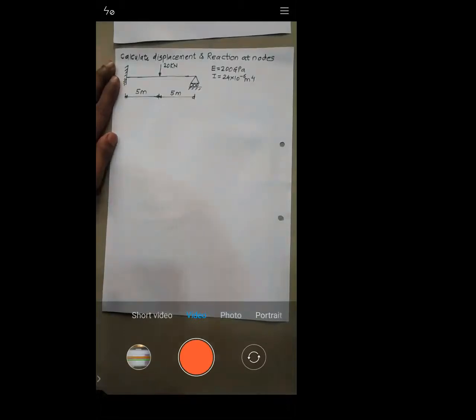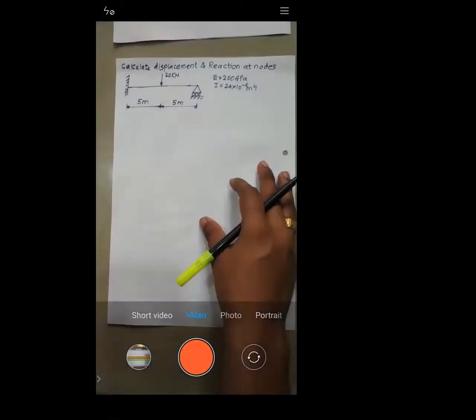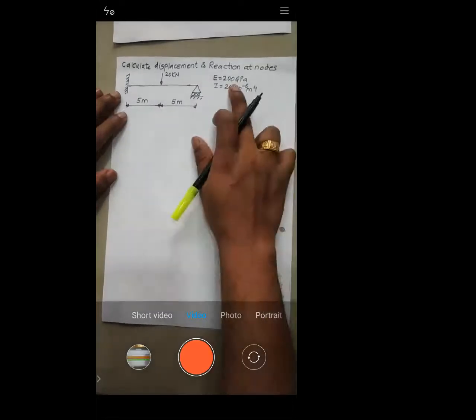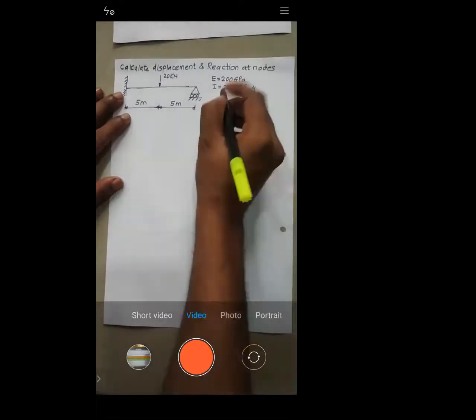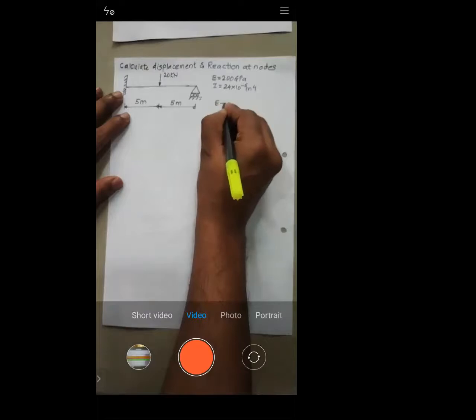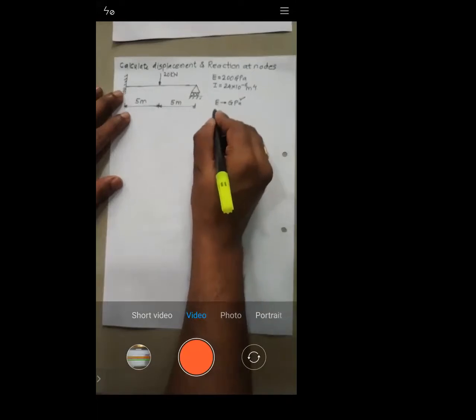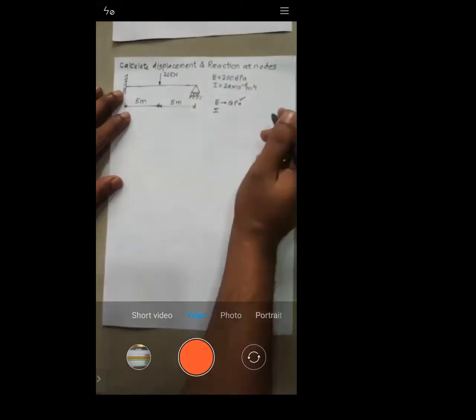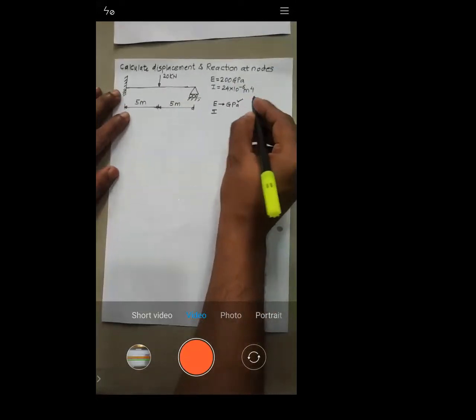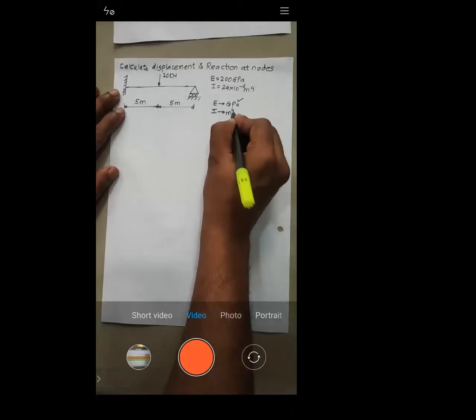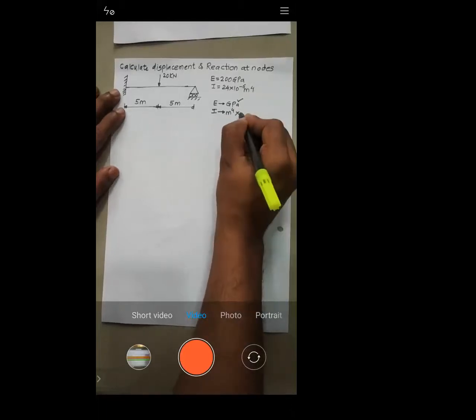Is it okay with this problem? Sir, is the length given in meters? Length, that we will do. Some unit conversion we are supposed to do. See, E is in gigapascal, that is okay. You have length. After the E, just take I. I is in meter raised to power 4. So it won't work out. You need to convert that into mm raised to power 4. Is it okay?